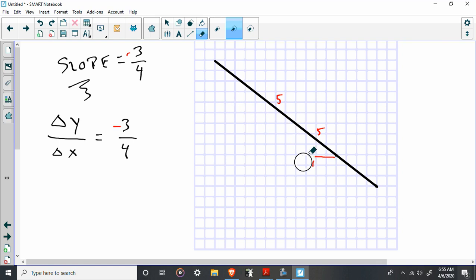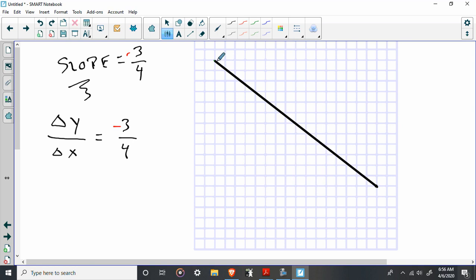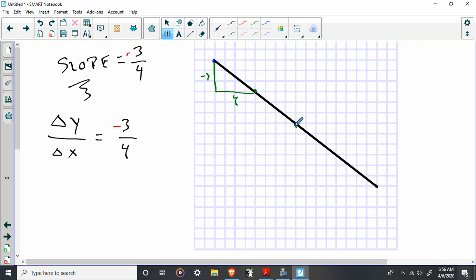Let's go ahead and change this up a little bit. So my starting point here, right? And then we had this point, right? And then we had this point. All right, let's think about this in these terms. To get from here to here, I went down 3 and over 4. But what if I wanted to go from here to here? Well, it's 3 and another 3, so this would be down 6